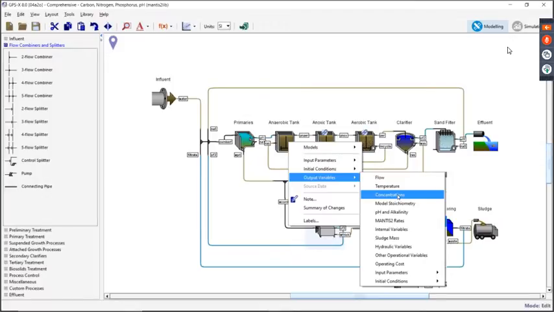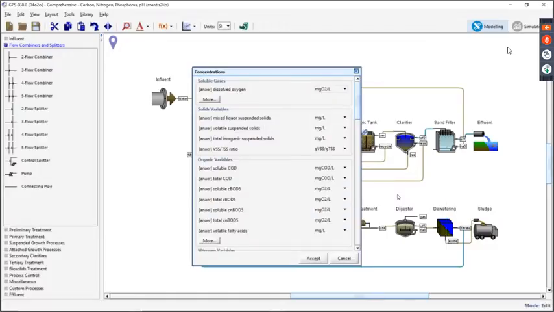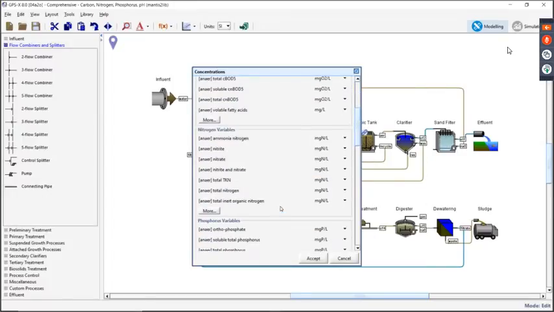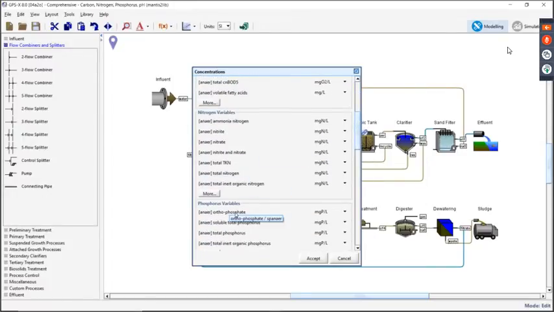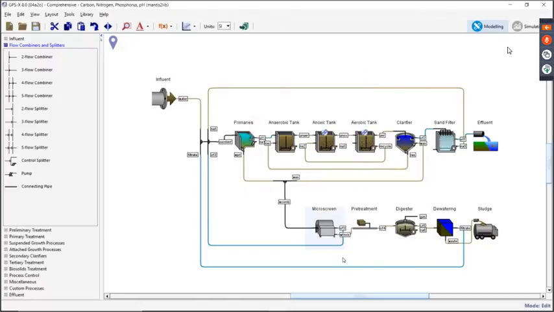We combined those two menus together because really they're all about the concentrations. I think it was a little bit left over from the older days when the menus were laid out differently with different information. So we condensed it, made it a little more straightforward to use. You'll see now that all of the state variables, the ones we're integrating and doing our mass balance on, and the composite variables, the ones you're most likely to have a lot of data for, have been put together and organized in one menu. So you'll find all of your nitrogen information together in one place. It's mostly just about simplifying the menu layout.